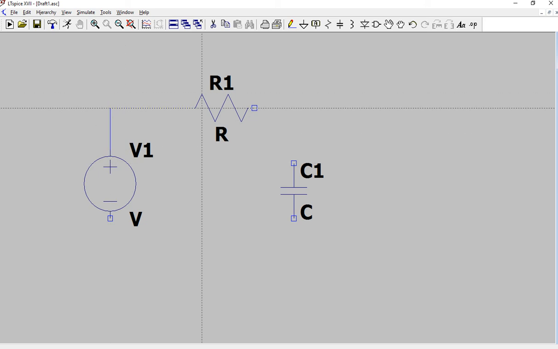That means I've connected a wire between the plus of V1 voltage source to the left hand side of R1. Next, I will do the same thing. I click at appropriate point, the second point, and then I come to C1. So the resistor R1 is now also connected to C1. I'll just complete it in the same way.